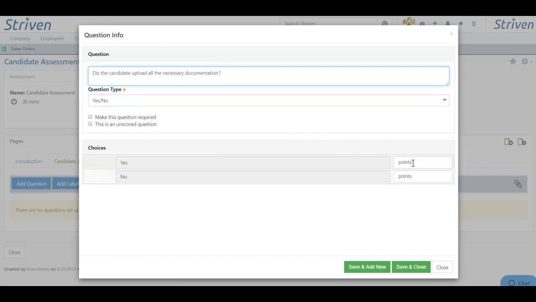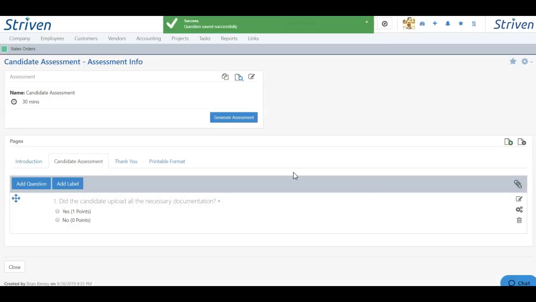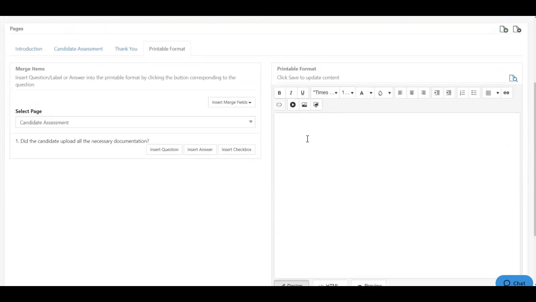With the assessment, you have points which you can award, and this will allow you to score the assessment if you so choose. For instance, for a yes or no, I can award 0 points for no and 1 point for yes. And then I can mark this question required or make it an unscored question as well. By choosing Save and Close, we'll be able to see the question as well as the points per option that we've selected. If we go to the printable format, we can choose to add our printable format merge fields as we need to,